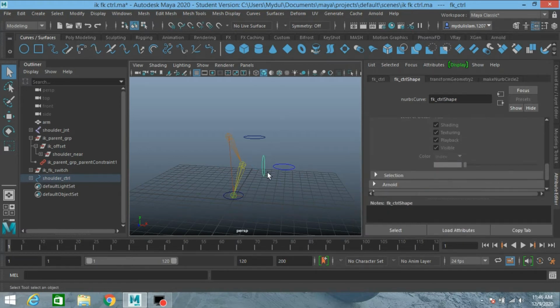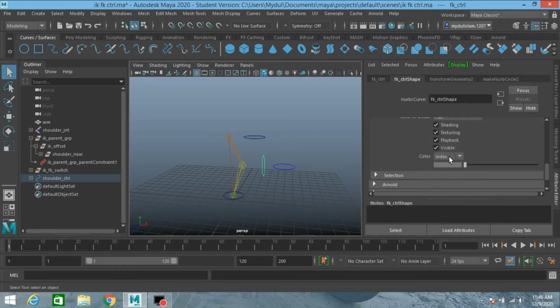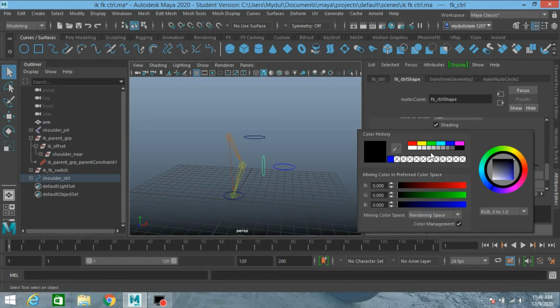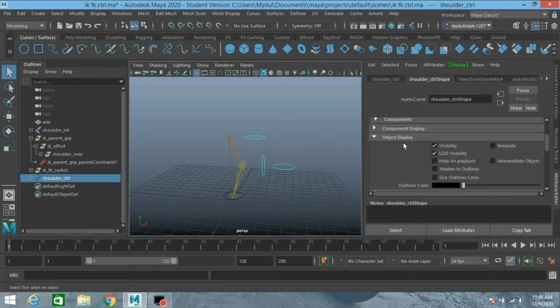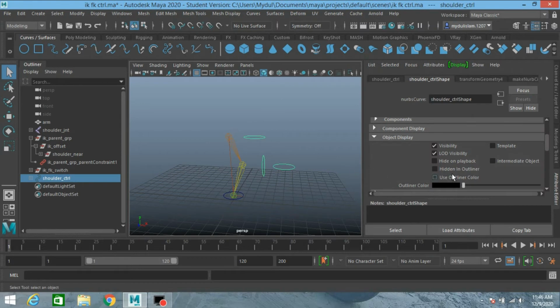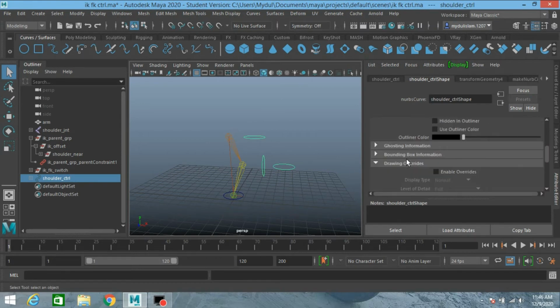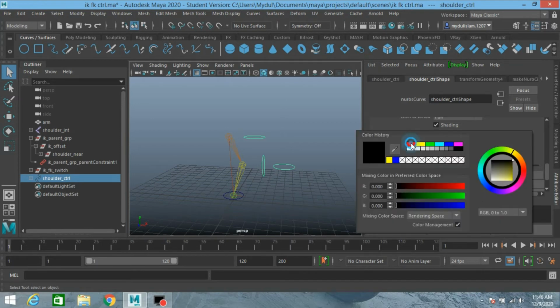Select this one. Enable override. Change the color. Select this one. Click enable override. Color to RGB and change this color to red.